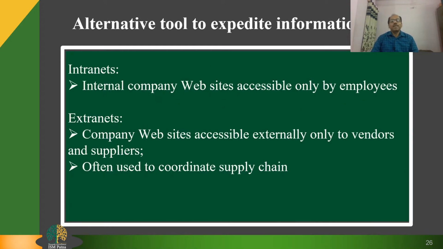We have some alternative tools also, like intranets and extranets. Enterprise applications are typically extremely expensive as well as difficult to implement. Intranets and extranets use internet technology to communicate internally to employees, allow employees to communicate with each other and share documents, and to help communications with vendors also. They are essentially password protected websites.